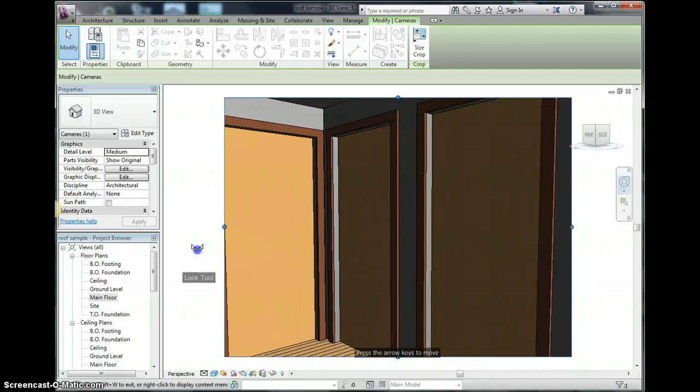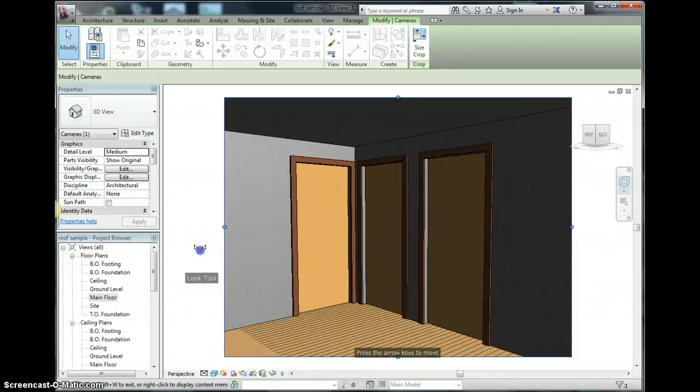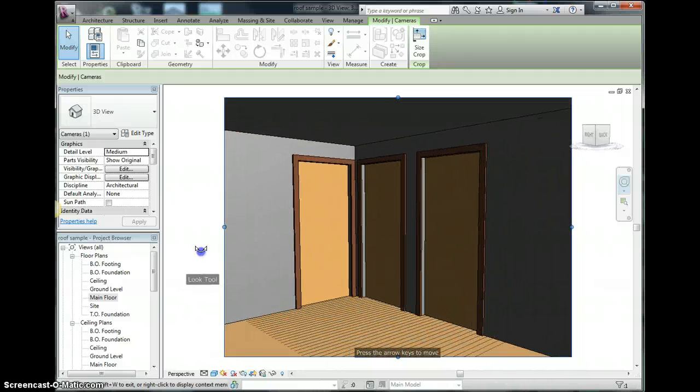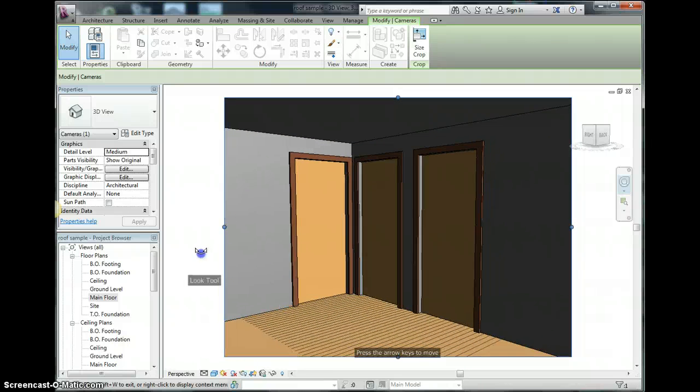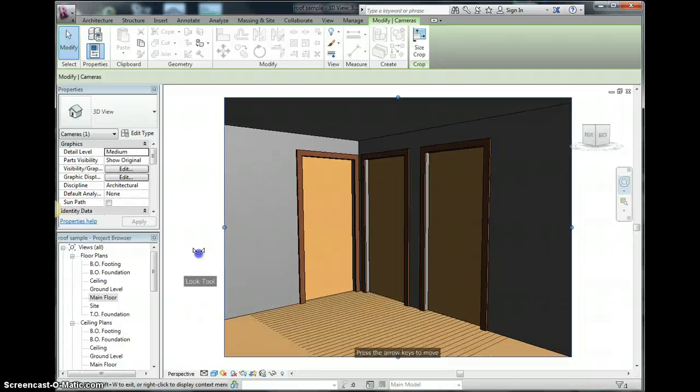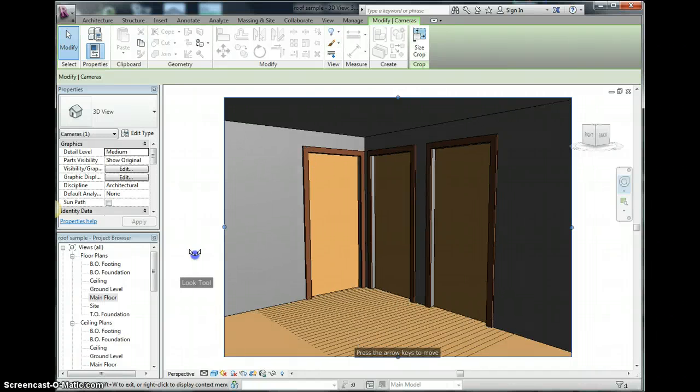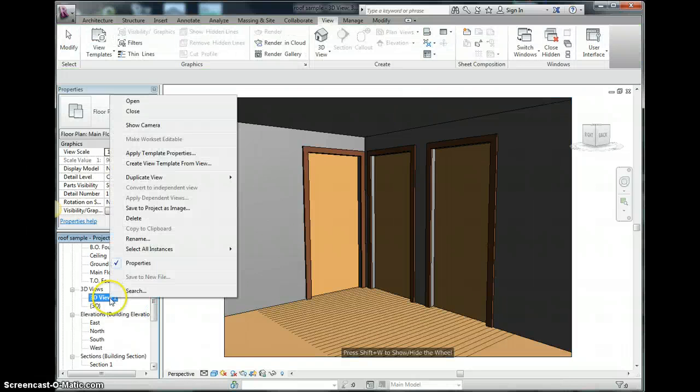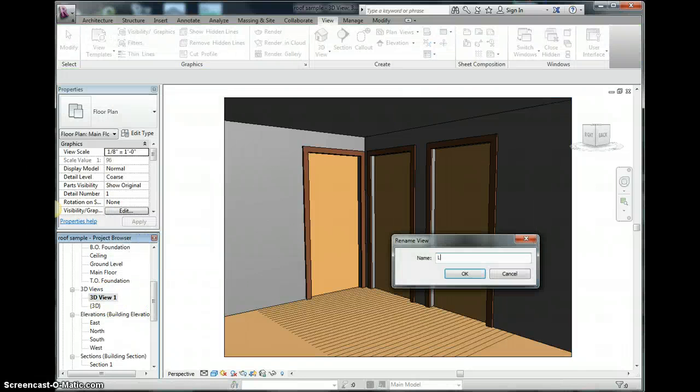And then here I can see that my doors show that they actually do have enough trim. If I get close enough to that left door there is enough trim between there and the wall, and you need to make sure that that is the case. So this is a good shot. I like this one. So I'm going to rename this one living room,